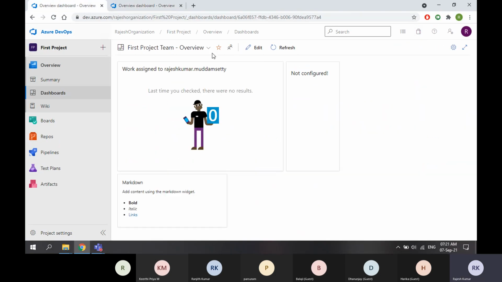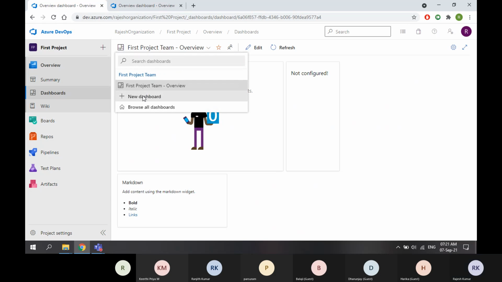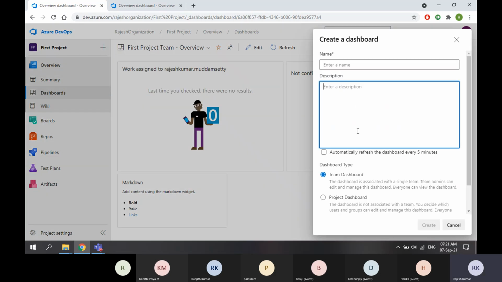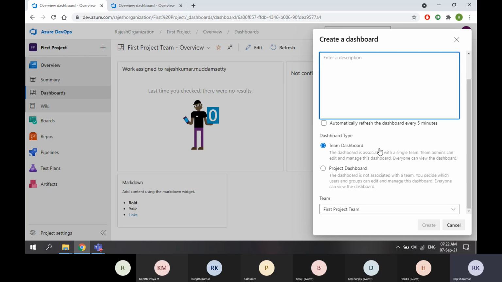So here, if I try to create a new dashboard, there is the name, the description, and refresh every 5 minutes. Then whether this is a team dashboard or a project dashboard. Project dashboard means,